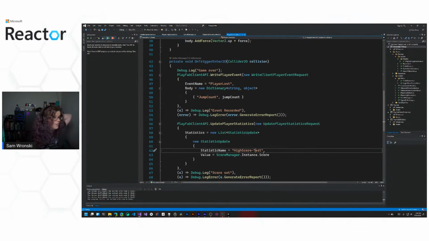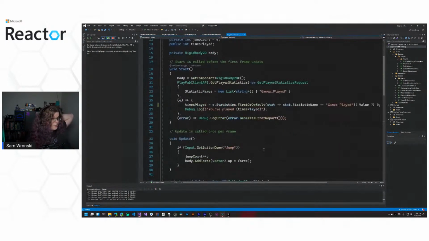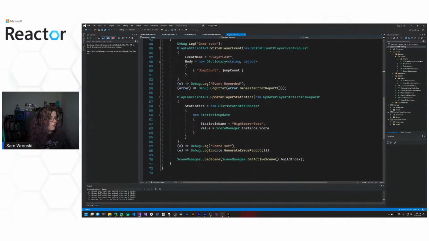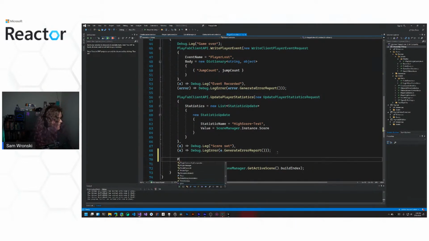So the first thing we're going to do is pull the player's high score. So this gets us our games played. We're not using that right now, but we do need to record a high score. So when the player loses, we need to store the high score online. So what we're going to do is just delete test. And so that's what's going to happen here. I'm going to re-implement this just to walk you through as we're doing this, because I think that just makes more sense.